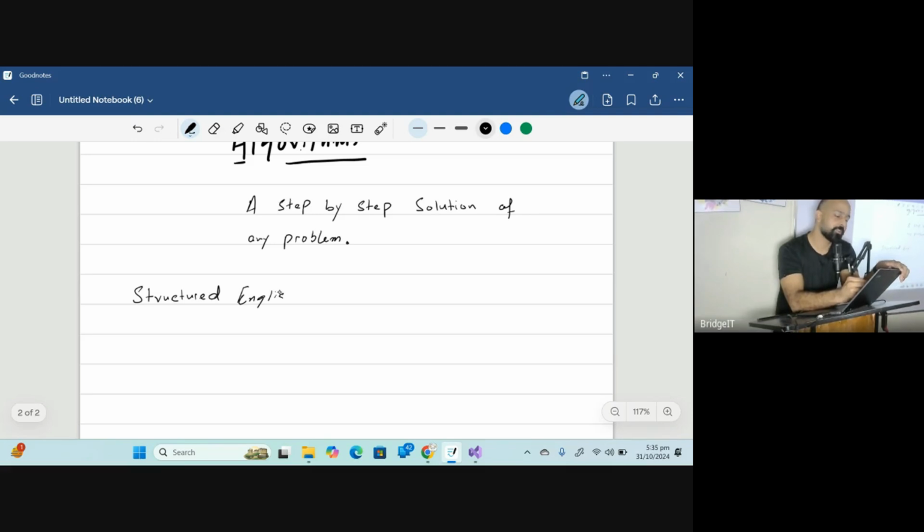No, this is not the reason. It's because the most popular and common way of giving a step-by-step solution of computer problems is in English most of the time. Some people may not agree, probably Germans and Japanese and Chinese, but still, structured English.